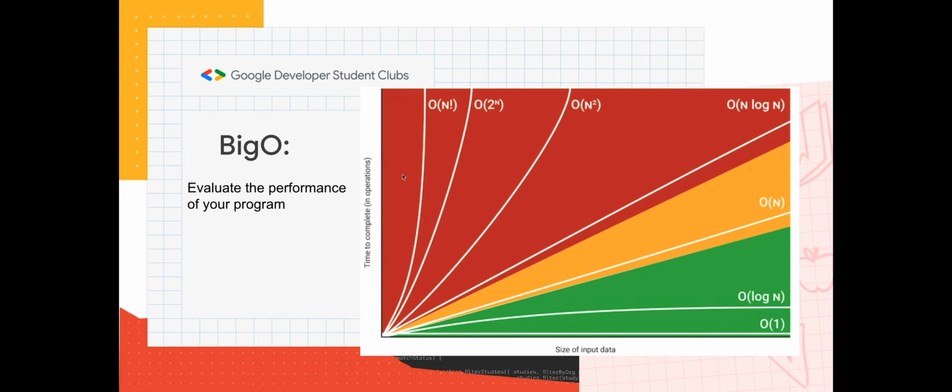Anything above that could cause your program to be much slower. So anything in the red zone, if your program is in the red zone, you might want to try to reduce the time and space complexity as much as possible. So again, O of 1, O of log n, O of n is always the ideal solutions that we're trying to go for. So right, with that,